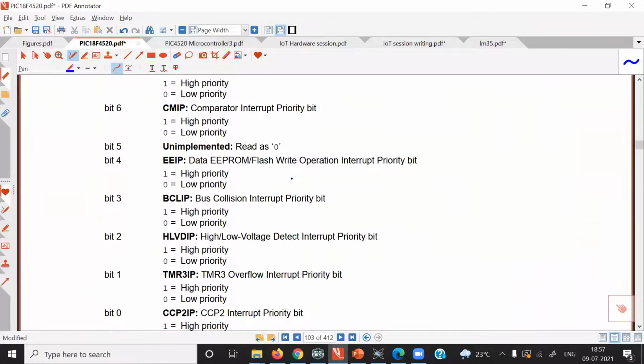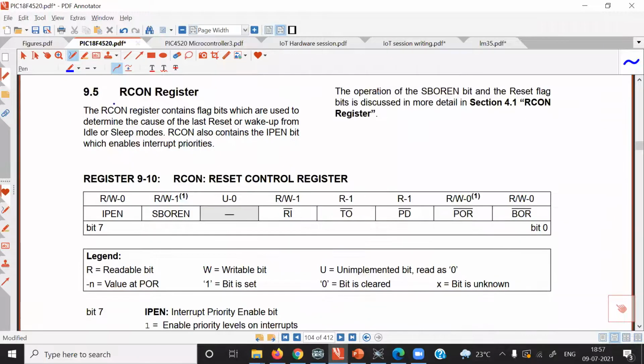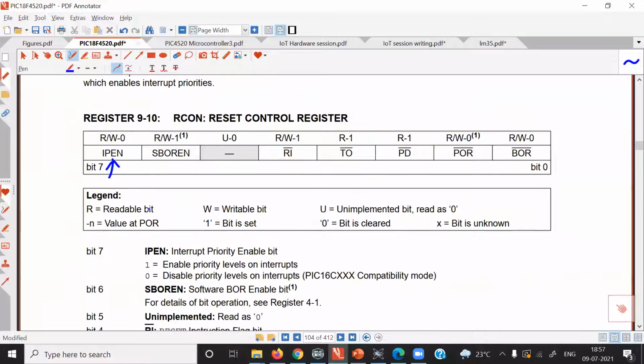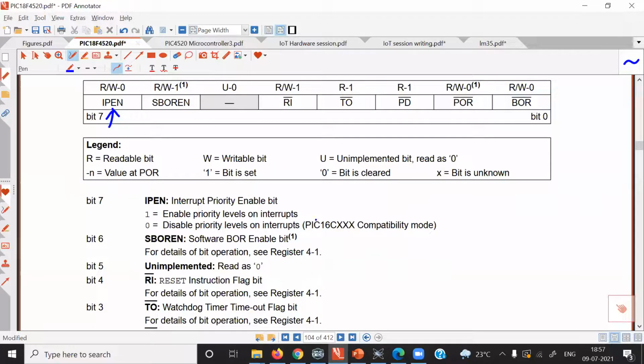And in reset control register, there is one bit, IPEN. When this bit is 1, then it enables priority levels on the interrupts. And when this bit is 0, disables priority levels on the interrupt. Then all interrupts will have only high priority when this bit is disabled.